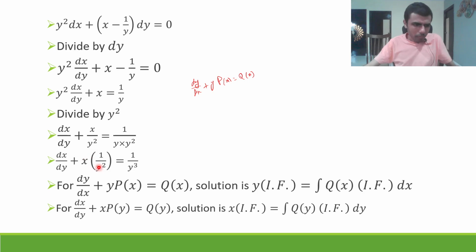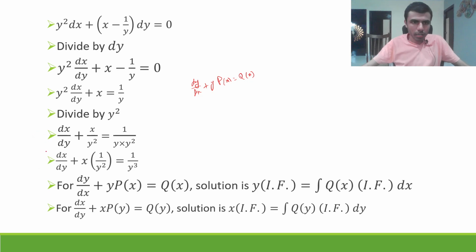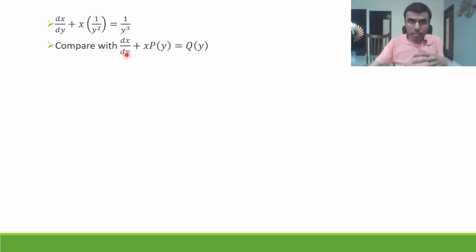Now here I'm going to take this equation to the next slide. Okay, this equation will be visible in the next slide, fine. Now next, now compare this. Why is it getting stuck? Yeah, sorry for that. Now compare this with dx by dy plus x into p of y is equal to